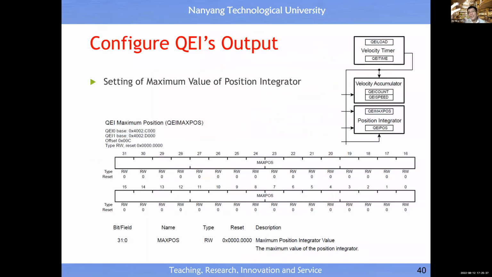Then the output should be easier. For output, first you need to set the maximum output, because you may say you only want the maximum output of a position, a rotary position of 360 degrees. Then you can get all the output from here. What is the count, the C? What is the calculated nominal speed per unit distance? And the actual position per unit distance. This is the actual position.